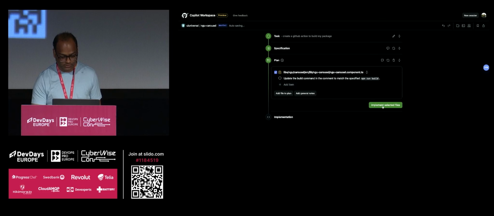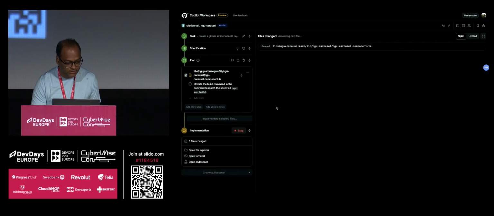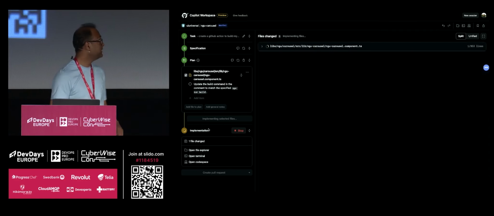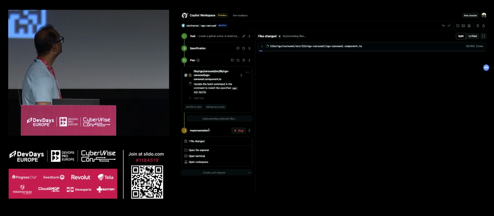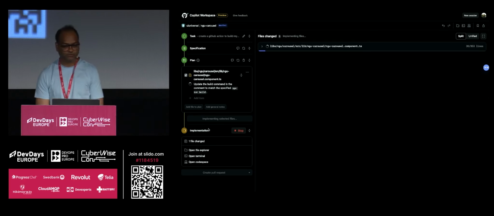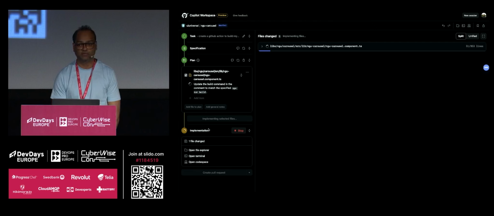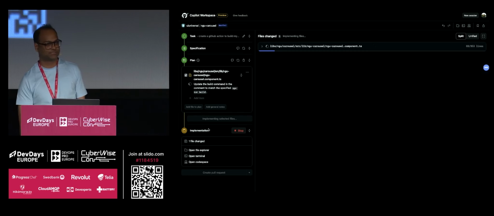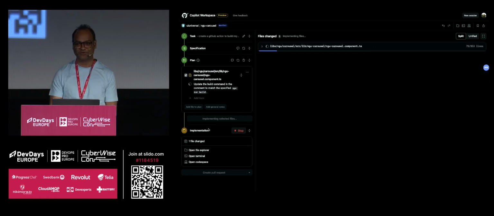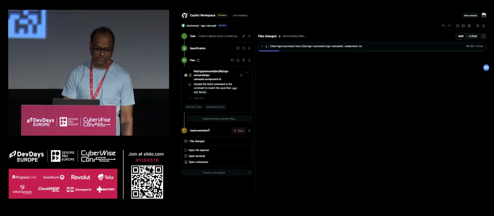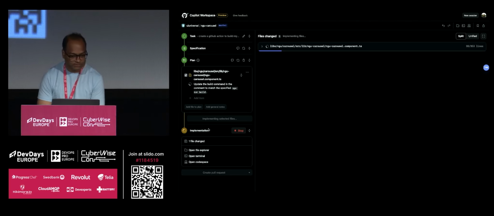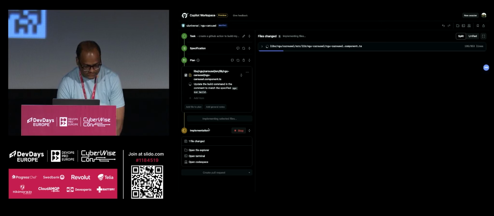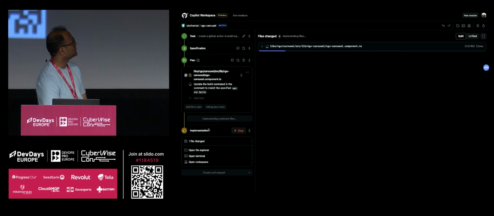Great. So I'll say, okay, implement the selected. So now it is implementing. Basically it's very useful in case you want to do some POCs where you want to set up some initial task and then start revising your actions. Of course, don't copy paste the same thing which is shown here. Make sure that you go through what is actually written in your workflow and then accept it. It says update the build command to match the specified. It also adds the documentation, which is a good thing.